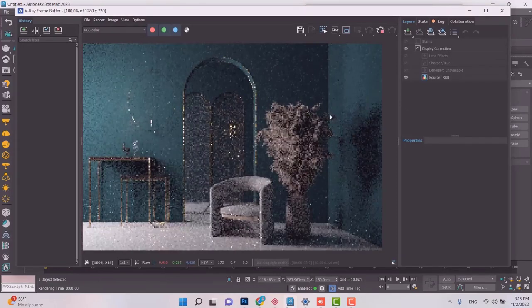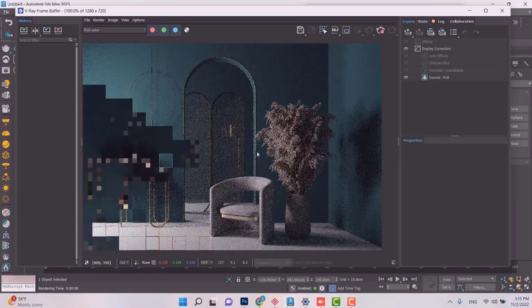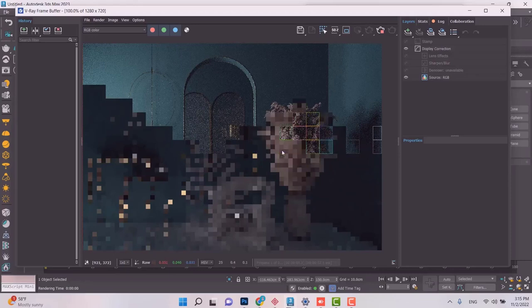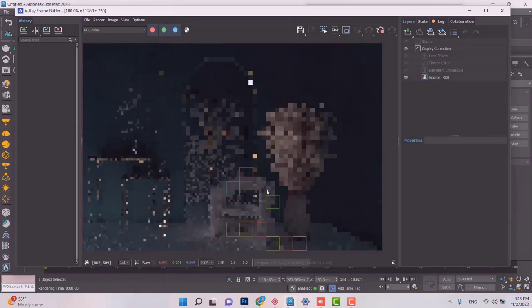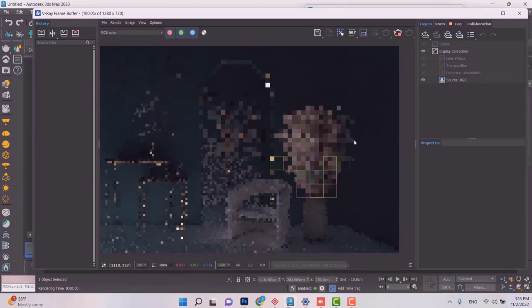So let me take a quick render and tell you what I mean. The first thing that happens, as you can see, is the GI calculations, and then with a few of these pre-passes being completed, we start seeing some parts of the actual final image or render be displayed to us. But it hasn't happened yet. Right now you can see that the buckets are just processing the image, collecting information, and we have a couple of passes of this happening before we can see parts of our actual image.